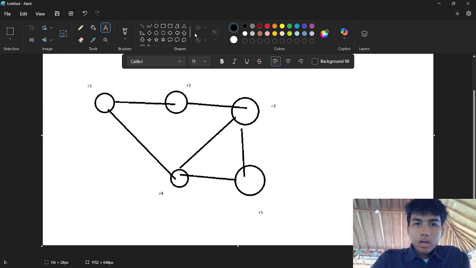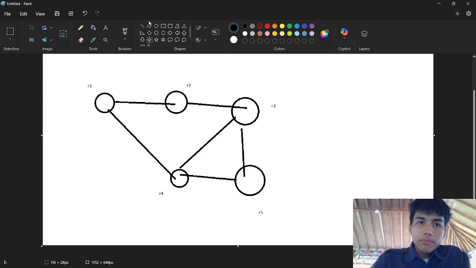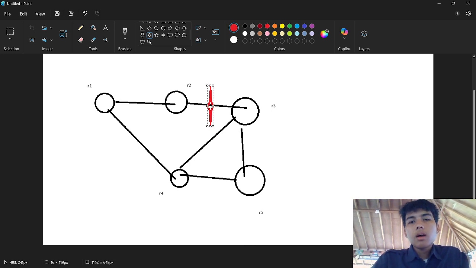But if this cable has an error or was unplugged or anything else, you need to configure it or fix it by yourself.